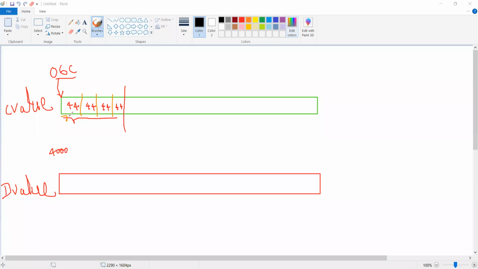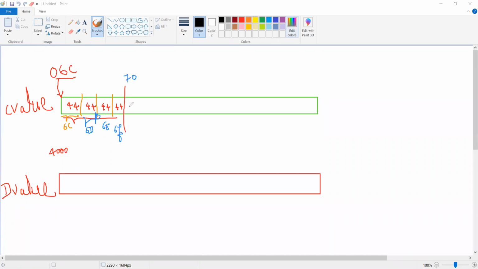This location here is called 6C. Then comes the blue color, up to 6D. Then 6E. Then comes 6F. So the next number starts at the address 70.